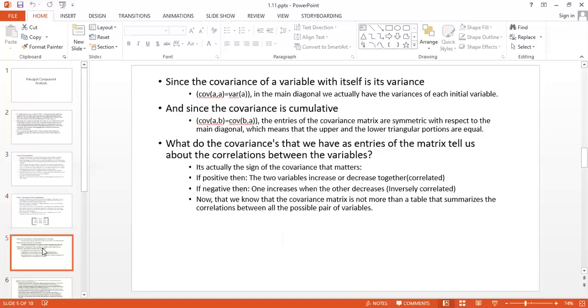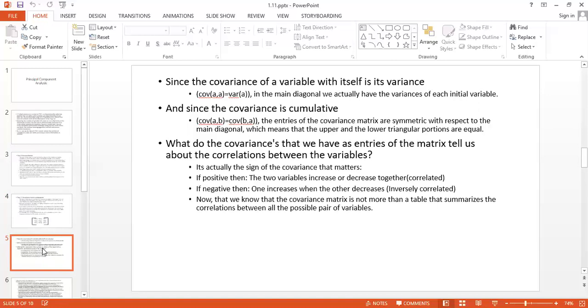To calculate the covariance, we are having one formula. We will see the formula. Since the covariance of a variable with itself is its variance, covariance of A with A is equal to variance of A. So whatever may be the value of A, you can say x, as we have seen in the before example, that x, y, and z three variables are there.